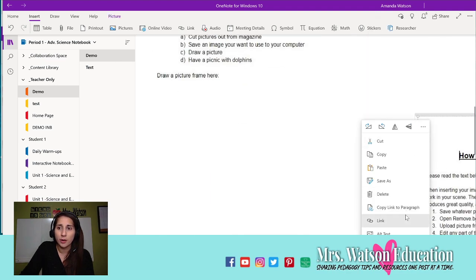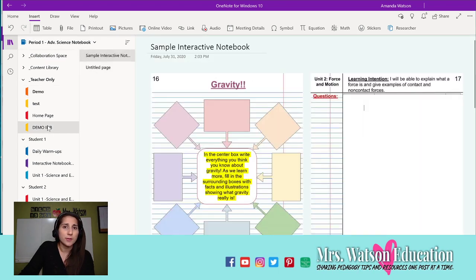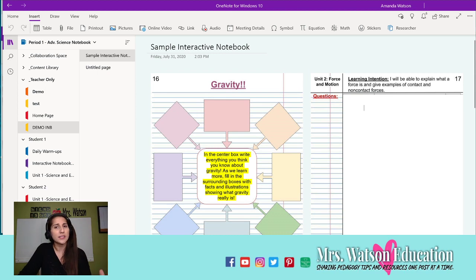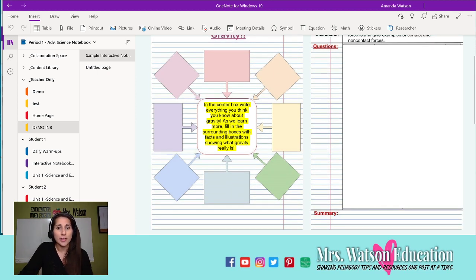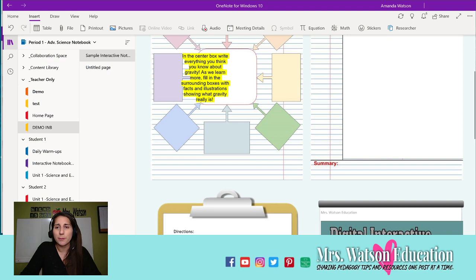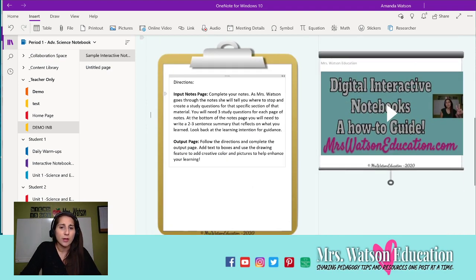You can do that for the picture. So this is going to give you the freedom to do things like this. I made my sample interactive notebook. I was able to get the picture versions of the ones I created in my Google Slides. That was another tutorial. And you can see here, I could type in text boxes, text, and my students could actually complete the notes and do all that. They can complete the activities, but they can't mess up the formatting of the page, including some of my cool cutesy pictures. So you could copy and paste pictures in and just set them that way,